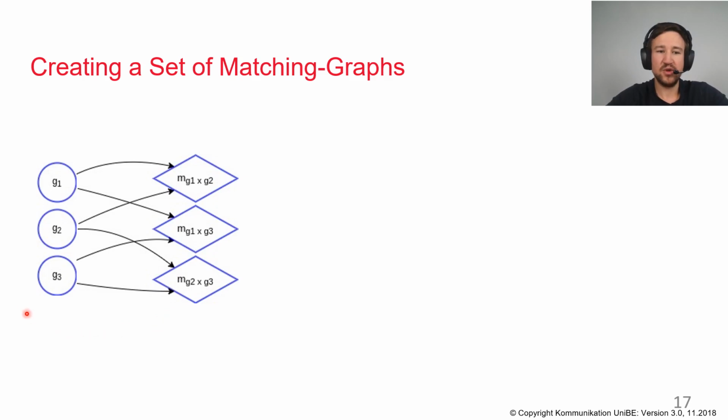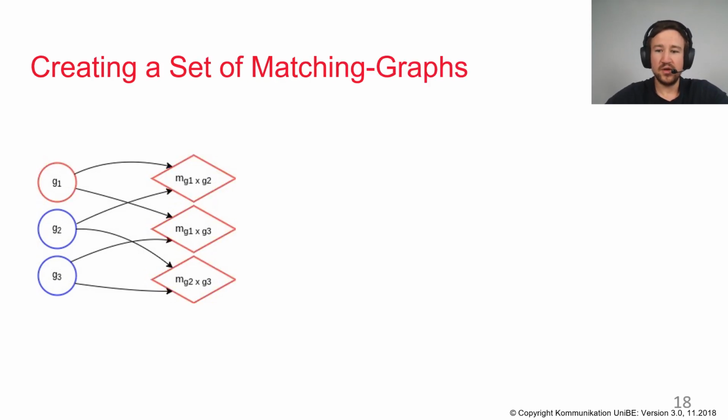Importantly, we take all the graphs that we have so far, meaning the basic graphs and the matching graphs, and we put them in a set. Then next, we pick a fixed number. In this example, the number would be 4, and we randomly select 4 graphs of the existing set. In this example, you would select the G1 from the originals and the 3 matching graphs. And we would then continue again by